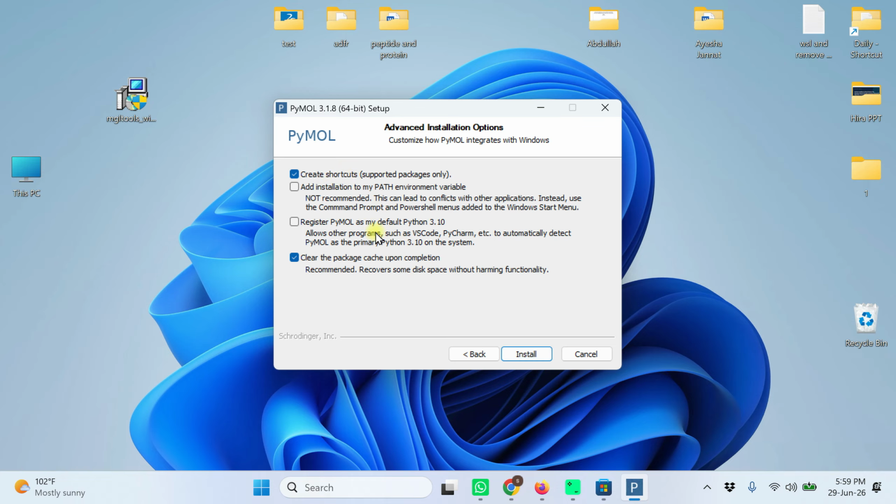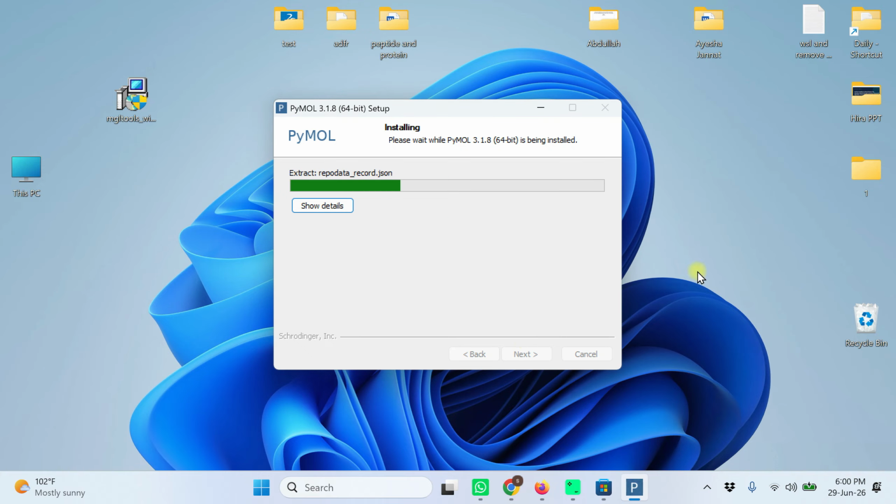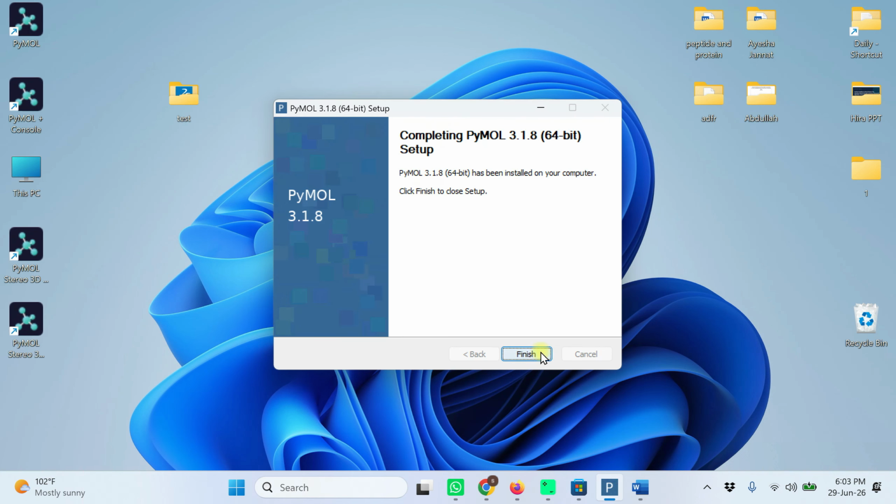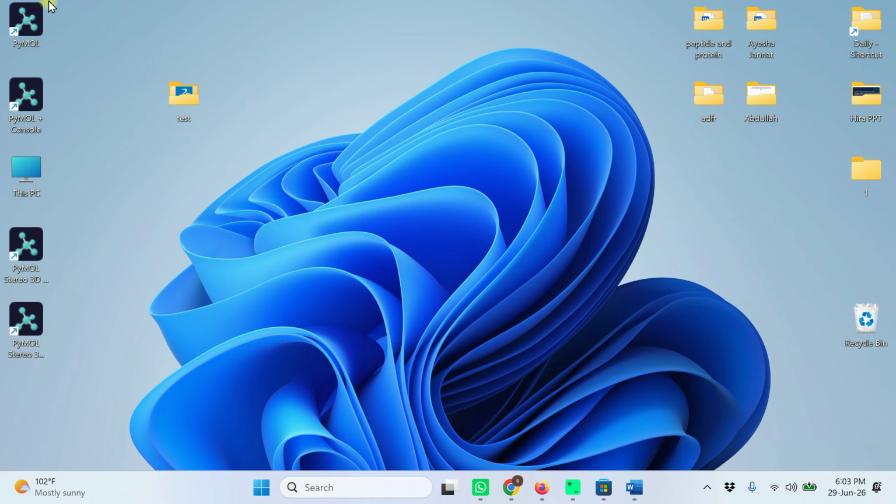Keep these settings default. Don't change them. Click on the install button. It will be installed. Our PyMOL installation is complete. Click on next and click on finish. These icons are present here. I will run them directly from my Start menu.